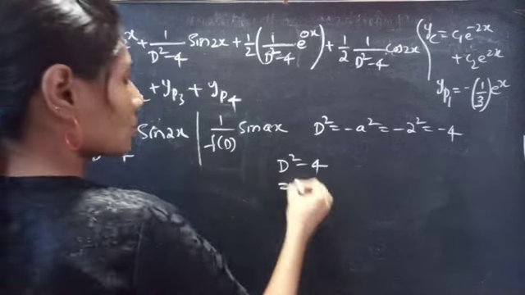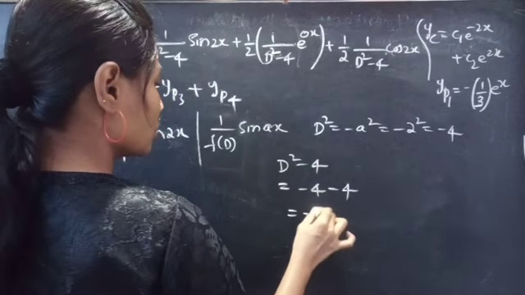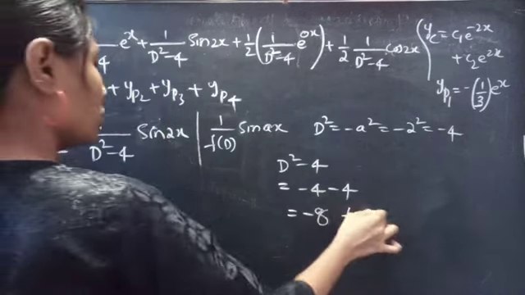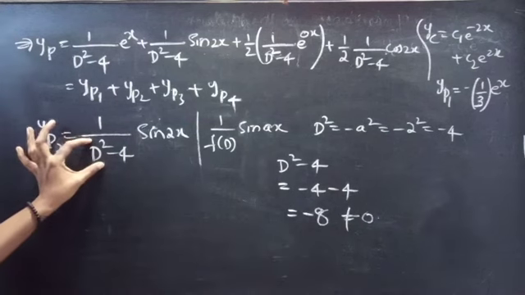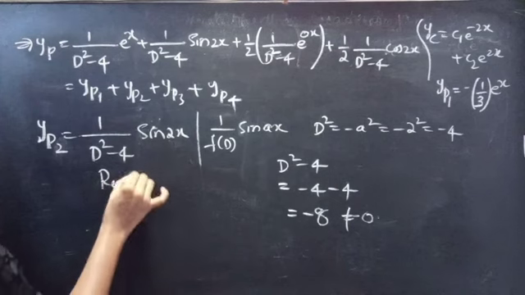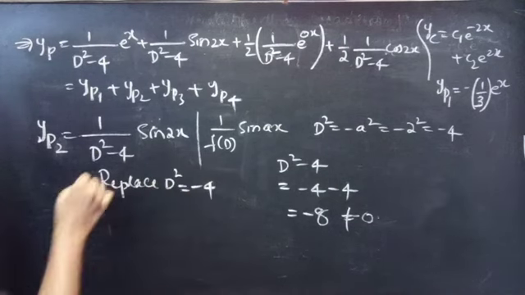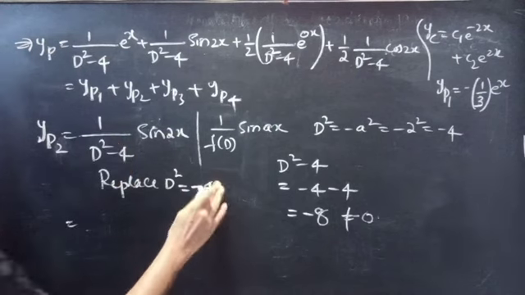Now let's replace d square by minus 4. We'll get minus 4 minus 4, which is equal to minus 8. Non-zero. The denominator is non-zero by replacing d square by minus 4. So we'll replace d square by minus 4. Then this becomes